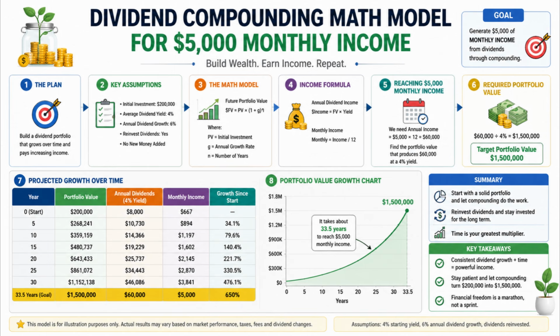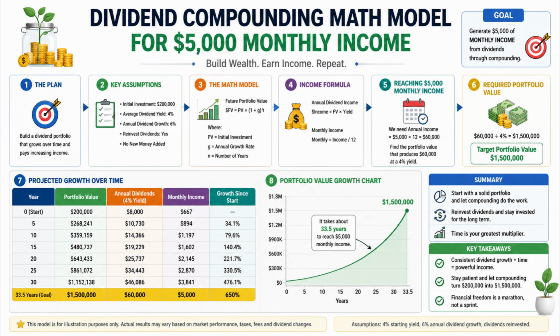Then, after 25 years, the portfolio may grow to approximately $861,072. The projected annual dividend income becomes around $34,443, which provides approximately $2,870 per month. After 30 years, the portfolio could reach approximately $1,152,138. At the assumed 4% yield, this portfolio may generate around $46,086 annually, or approximately